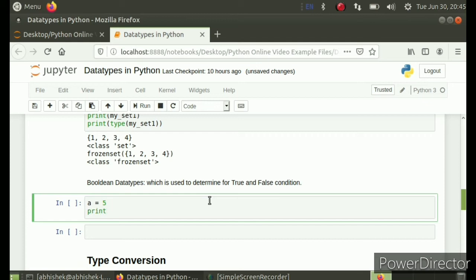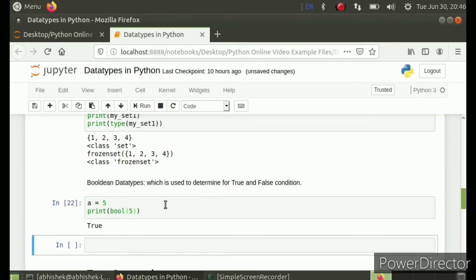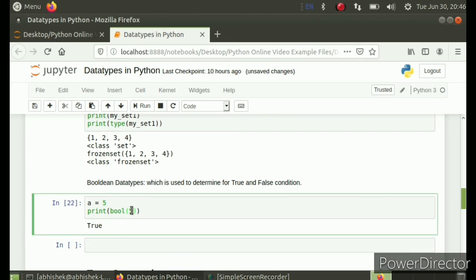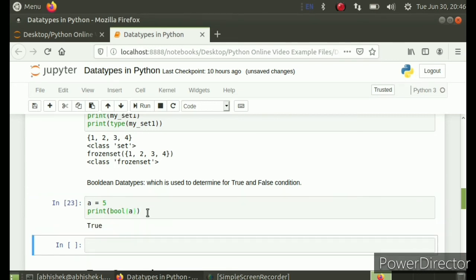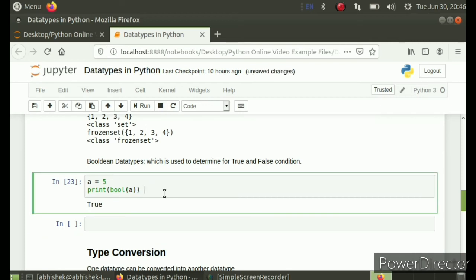Boolean data types are simply used to determine a true or false condition, and the bool method is generally used, and it takes one parameter, like I am writing here 5, or let me write here a, and you can see the output given is True. So basically if no parameter is passed, or it is empty, or 0 is passed, then by default it returns a False value.